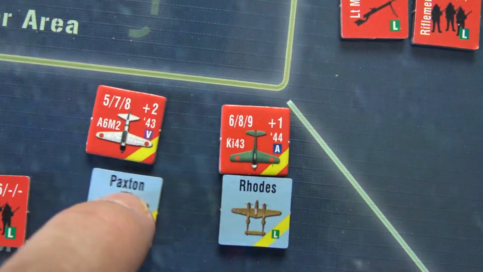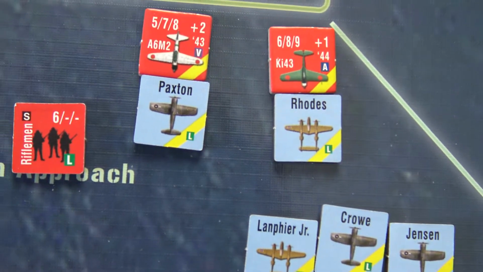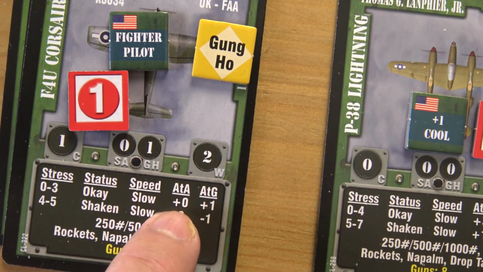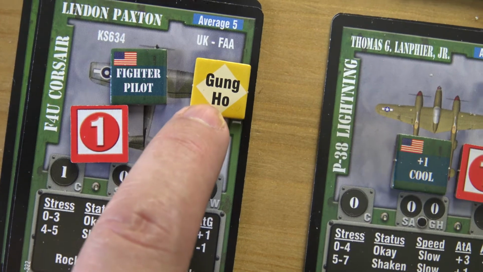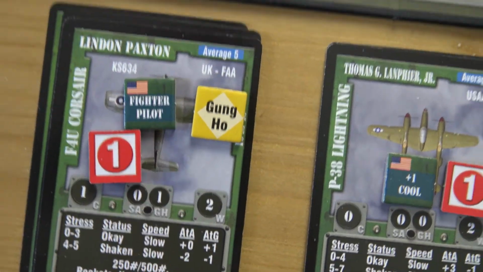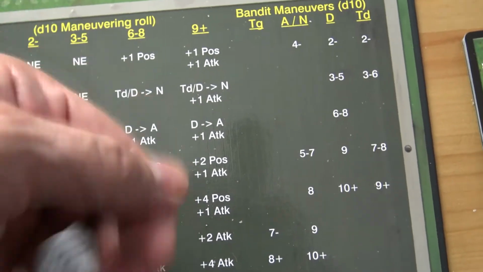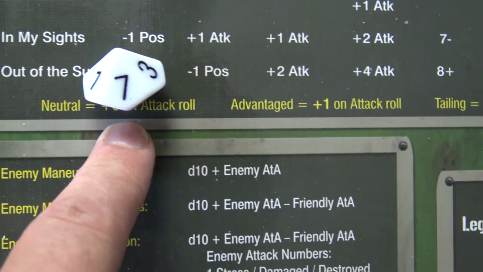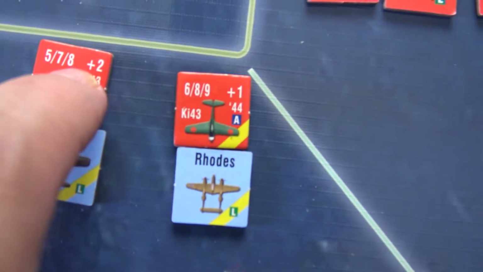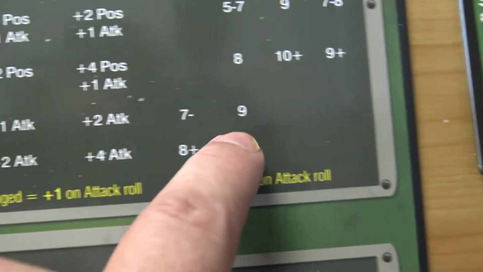This is the first fight. And he's a veteran. He's got a +2 against Paxton, who doesn't have any modifiers. Although he's got a gung-ho, which he'll use when it's his turn to fight. But first the bandit decides which position he's going to attempt. So you throw a die. I've got a 7. So he got a 7 plus his 2. This here plus 2. So that's 9. So he's going to attempt